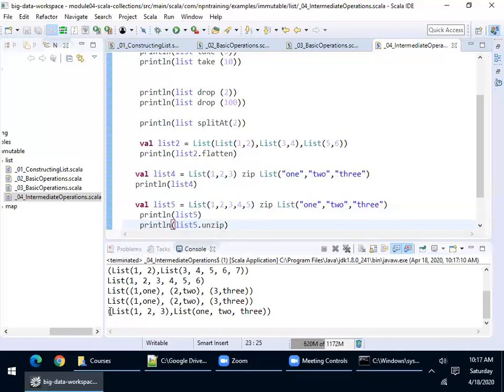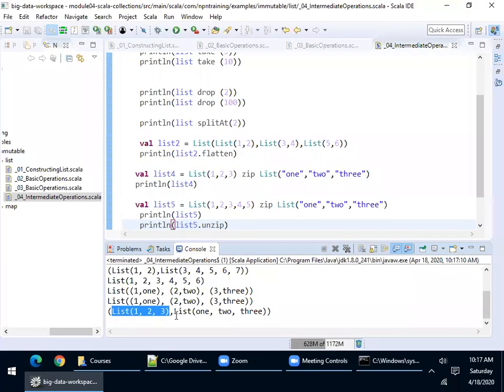Can you see this? It returned me a tuple. It returned me a tuple where the first element is the list 1, 2, 3, and the second element of the tuple is 1, 2, 3 in characters. Clear? Now, just like in Java, you have a way to convert a list into arrays, all those concepts we